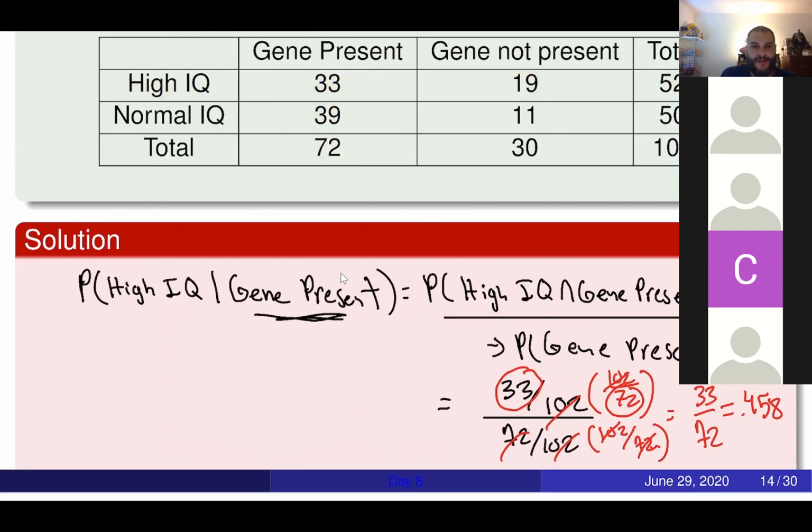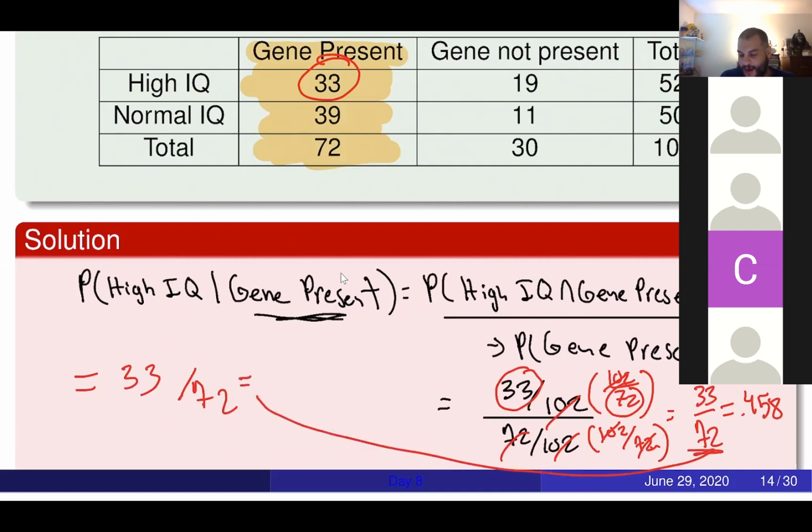No. All right. So up next, we're going to do it logically by just using the two-way table. So for this one, what is my condition? Well, the condition is that we know the gene is present. So if I already know the gene is present, then I just want to focus on these people over here. How many total people do we have that have the gene? Well, there's 72. Now in those 72 people, how many of them have a high IQ? Well, 33 of them have a high IQ. So you go 33 divided by 72,